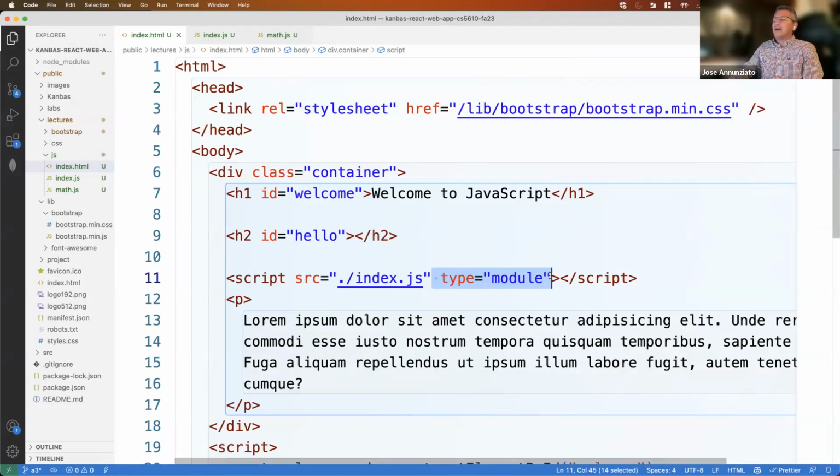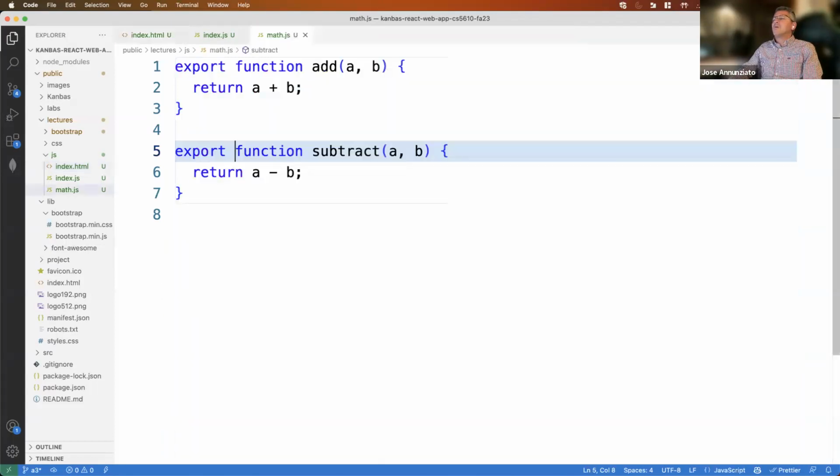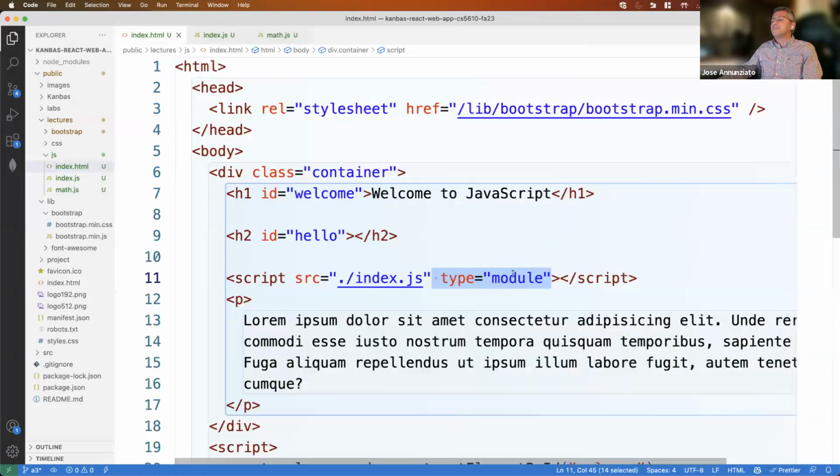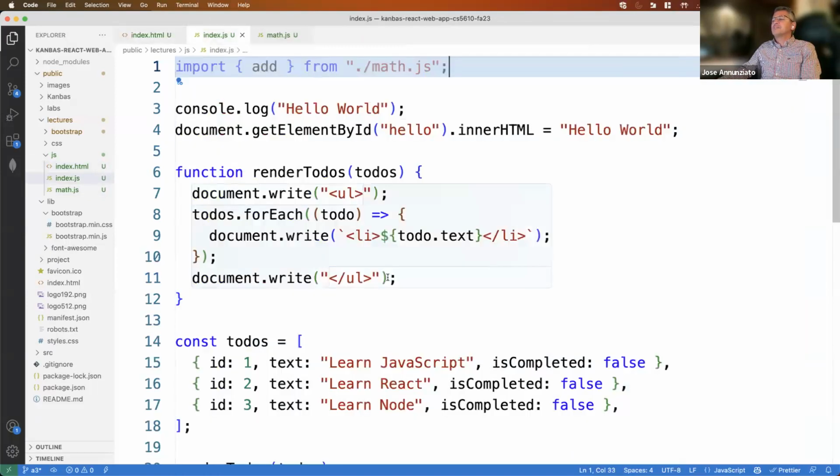Okay, so anyway, we have these exported, and now from within my index.js,